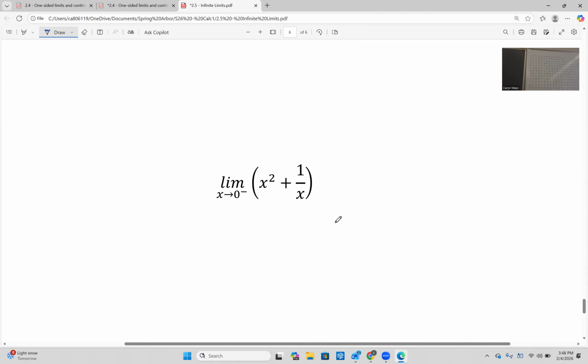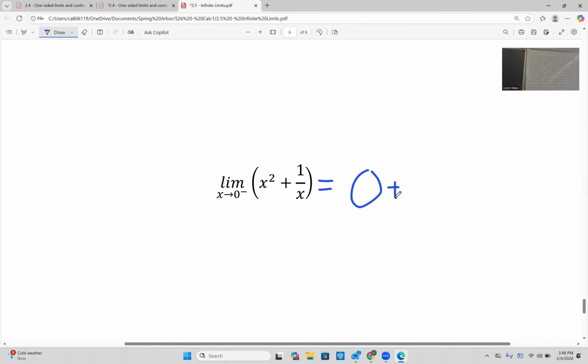Limit as x goes to 0 of x squared is not just a sign. We can evaluate this one. Yes, close to 0, positive. At 0, we can evaluate that one. That is 0. So this equals 0 plus